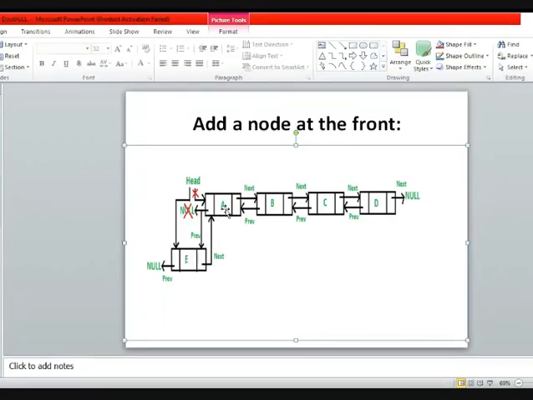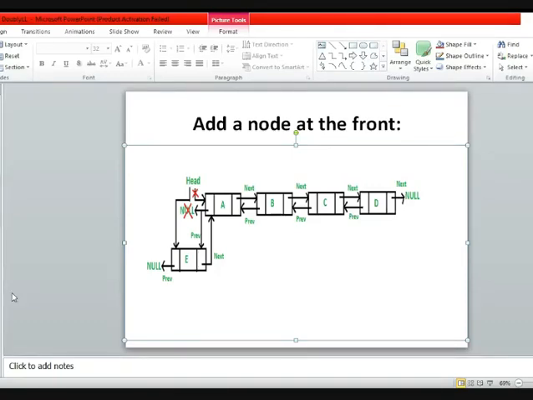So here we are changing pointers in this way. You need to enter next of E as A, and previous of A as E. And because this node is now the very first node of the resultant list, it will be pointing to the head of this list. So we have to change this head pointer from A to E also. And because this node is going to be the very first node of the list, we need to store its previous as null.